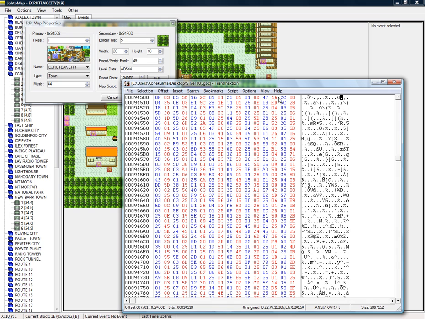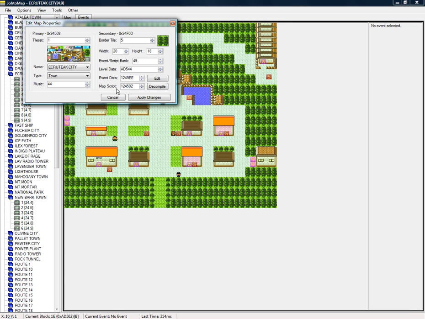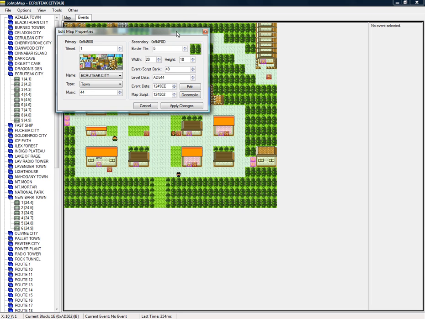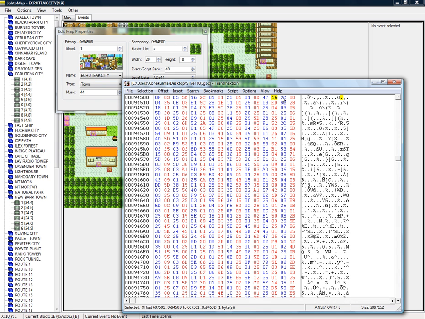And that simply defines where we are shown in the town map. That's what it does. And then we have music byte 44, which is this byte here. And finally we've got 2 bytes. I'm not sure what this one does, but this one